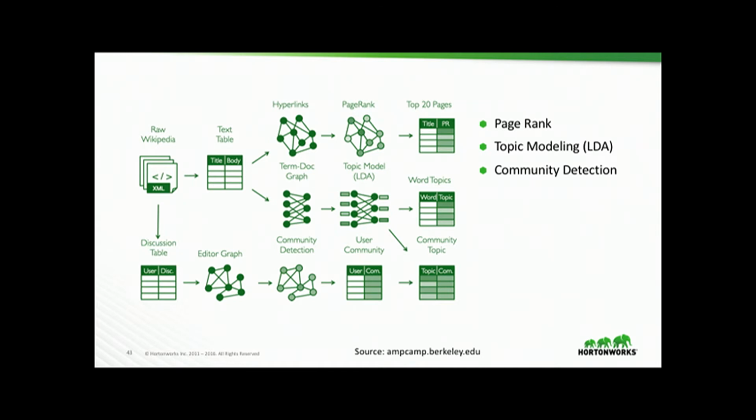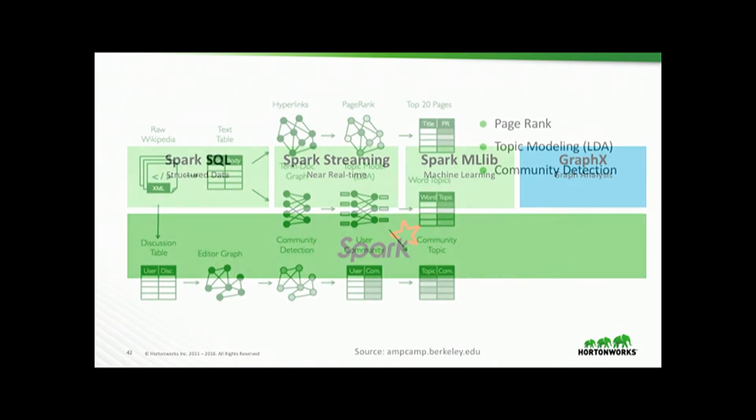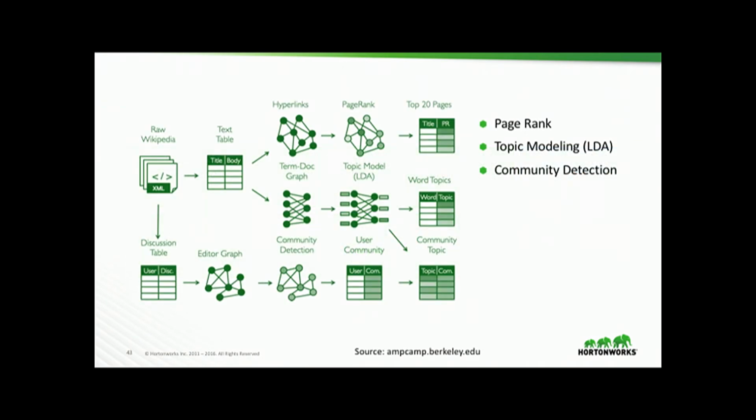There's one piece that you could apply, actually, let me go back, of applying, finding the hyperlinks and applying a PageRank algorithm, right? So now you can have these top 20 pages, very useful, something that Google does. You can do topic modeling, basically doing a clustering with LDA. So now you have your words and topics that are similar, and then of course you can do something like